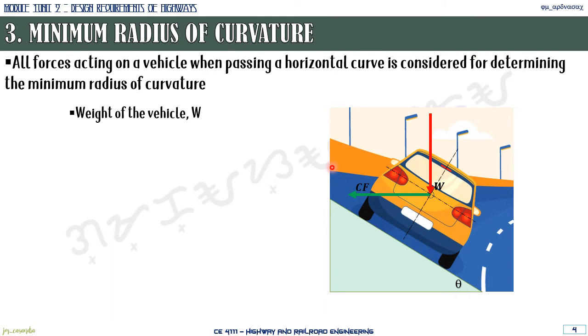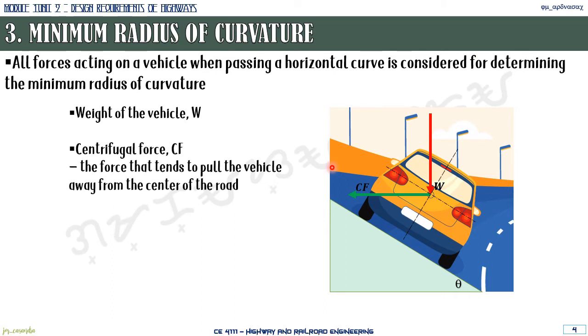Next, we have your centrifugal force, or CF, which is simply the force that would pull away the vehicle from the center of the road. Without the centrifugal force, the vehicle would tend to overturn on the road section while maneuvering. So the centrifugal force will simply be equivalent to the weight of the vehicle times its speed squared divided by gR. So other forces that would act on the vehicle